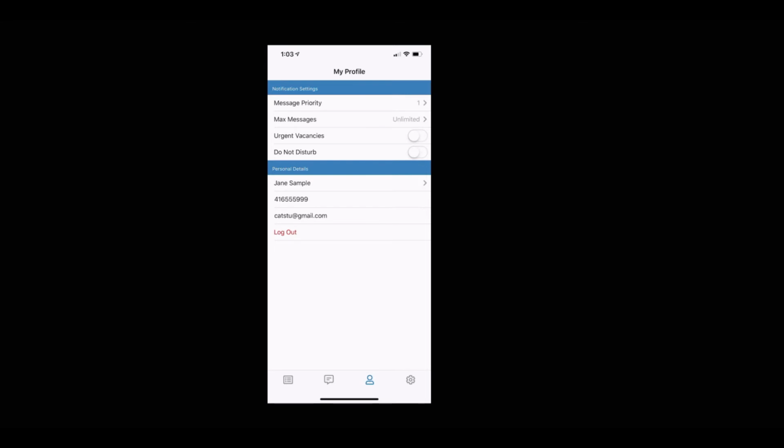Max Messages sets a limit to the number of notifications received in one day, and Urgent Shifts allows ShiftMatch to resend previously sent shift requests. Do Not Disturb turns off all notifications. Finally, personal details can be edited and adjusted. You can edit your cell phone number or your email address by tapping on the item and entering the new details. At any time, you can click on the Settings button here,